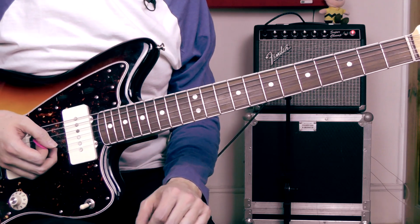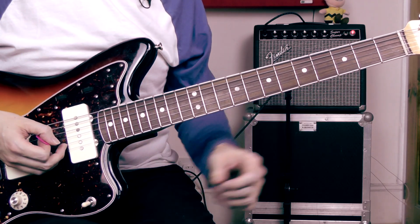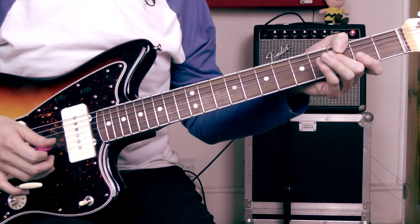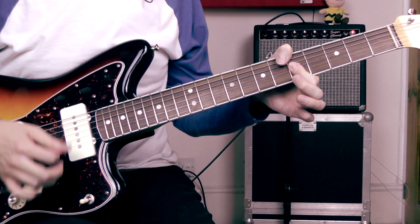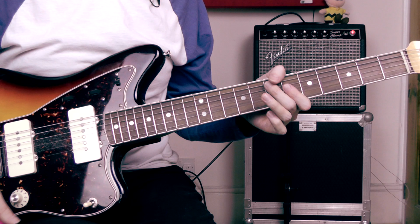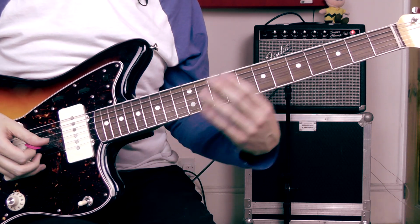So on into the chorus of the song then, and again we've got 2 guitar parts going on. There's a not particularly prominent rhythm guitar part, which is just doubling the bass line, and then there's the lead guitar part, which is playing these kind of chord shapes. So let me take you through the rhythm guitar part first, and that starts with a riff like this,